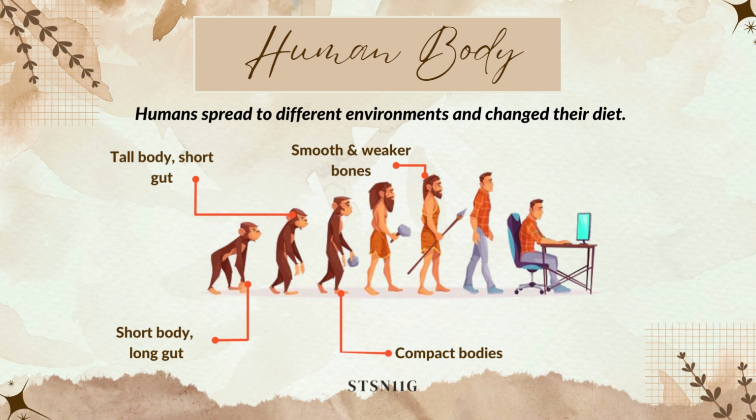Long gut is for us to compensate for the fact that our diet during this time is plant-based. And since we didn't have digestive juices to fully digest plants, because of the presence of cellulose within it. So if you eat corn, technically it still comes out, or malunggay, there are still remnants of malunggay, because we can't fully digest them, since we didn't have the digestive enzyme. So to compensate for such,